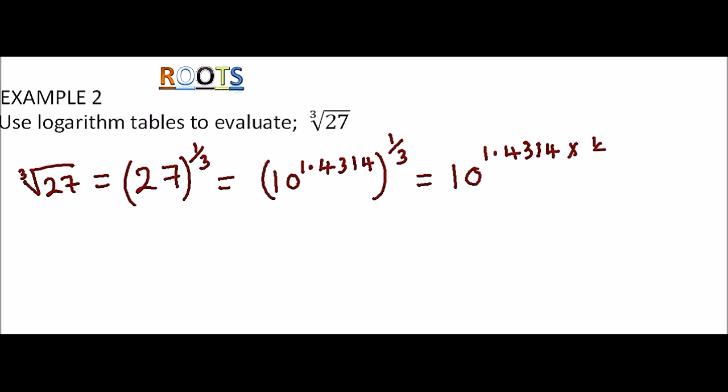We multiply by a third, that is applying the third row of indices. So when you multiply there, we divide this number by 3, so we get 10 to power